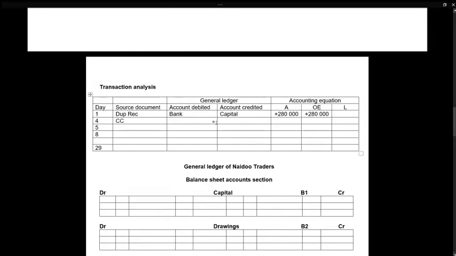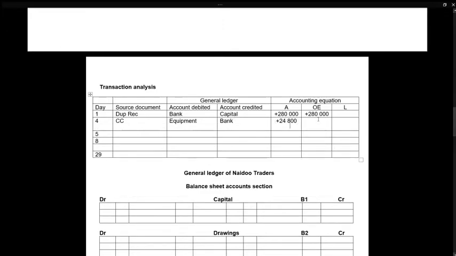My equipment will be debited. It's an asset account. It will increase. But remember, I'm purchasing more equipment to the value of 24,800 rand. Unfortunately, I need to get this money from somewhere. I'm going to take it out of my bank account, and therefore my bank account will decrease with the same